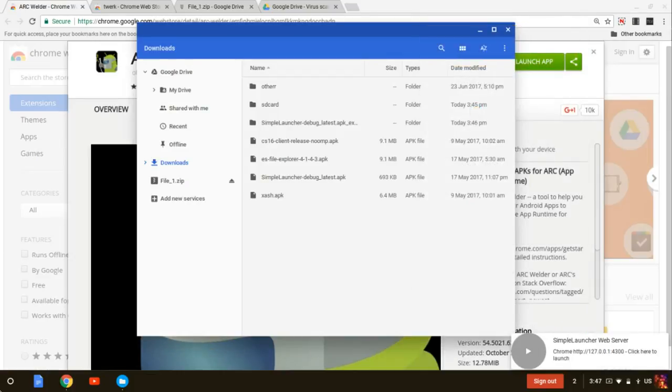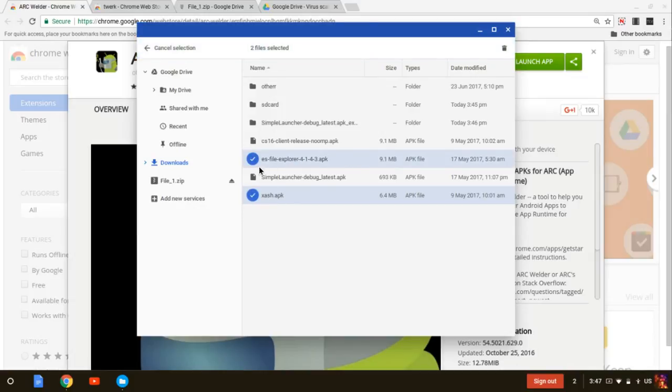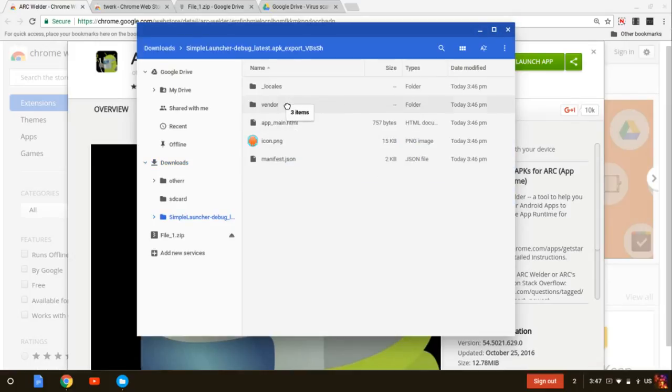And we want to go back to your files. We want to select all the other .apks we extracted, such as dash.apk, ES File Explorer, CS16 release node.apk. We want to select these three, drag it, and also make sure to remember this folder path. You will have a new folder called Simple Launcher Debug. You want to drag these items into your new folder. Now, you want to drag them into vendor, not locals, vendor,